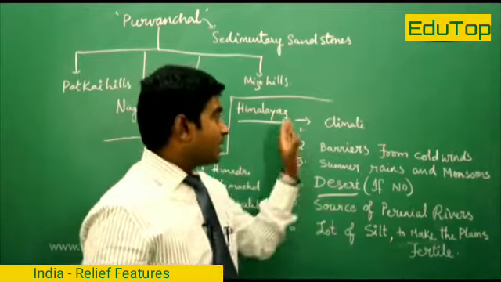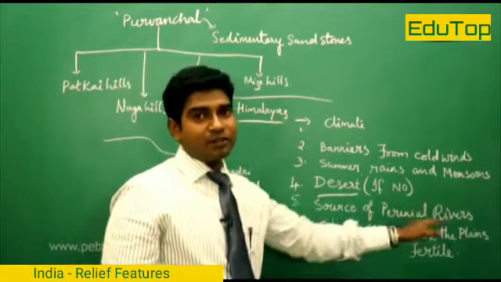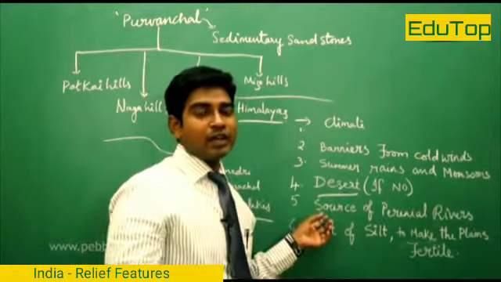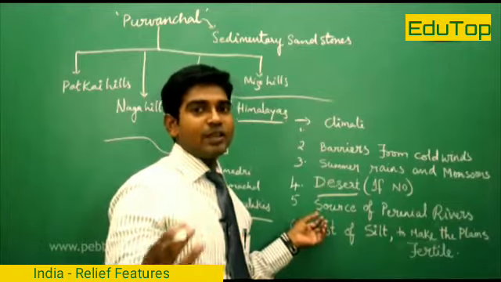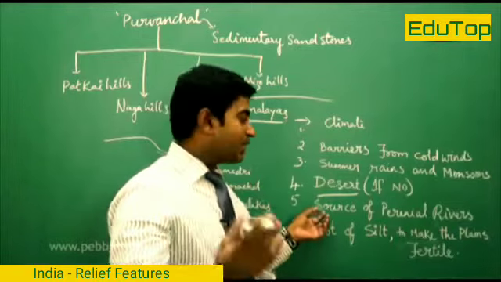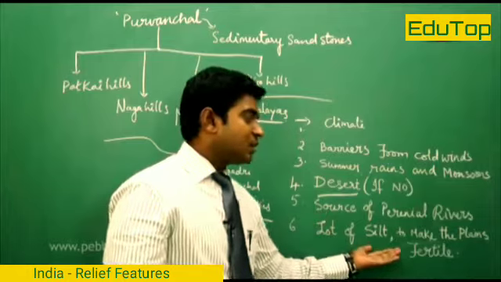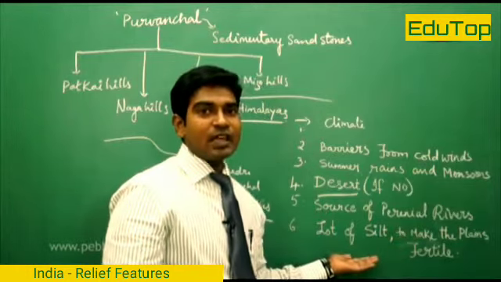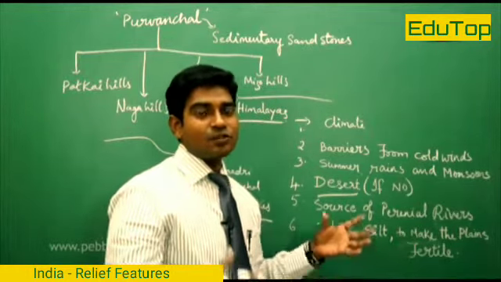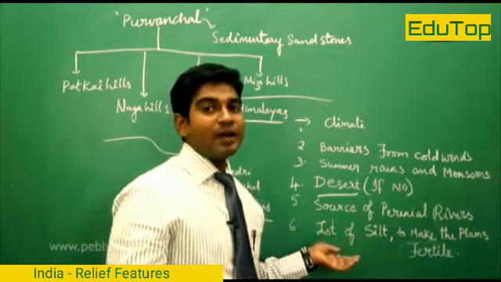And the Himalayas act as a source of the perennial rivers which flow continuously throughout the year and fill the Indian Gangetic plain with soil, water and everything. They also provide a lot of silt to make the plains fertile for us, and provide agricultural fertile land which is most useful for the Indian people, and